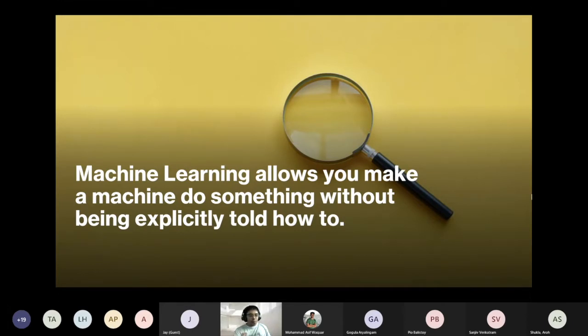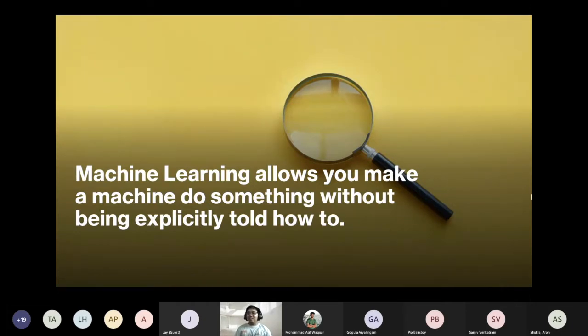We need to write the rules, like what makes a person successful, or what makes this house expensive, or what makes an apple, what makes a hot dog, or not a hot dog. But what if it's a pale hot dog and it's brown, not red? Is it still a hot dog?